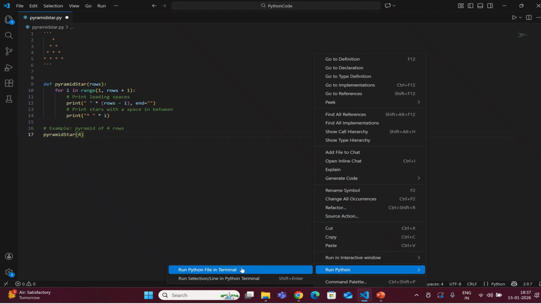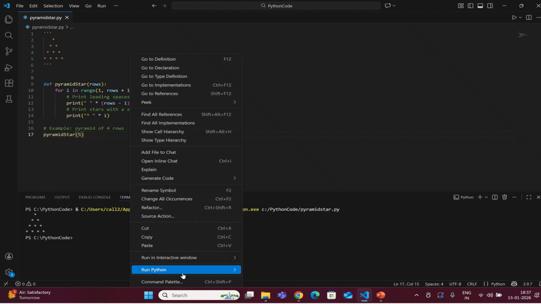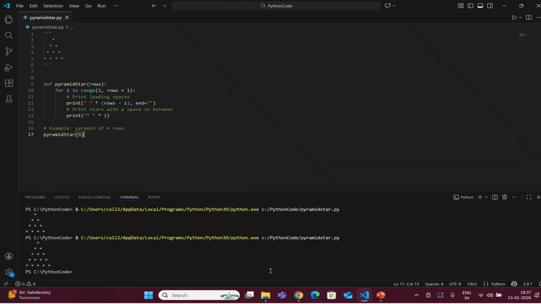If you see, we will run it and it has run 4 times, so 4 rows of pyramid. Suppose we want to print 5 rows. We saved it, changed it to 5, and now again we will run it. So this time it will